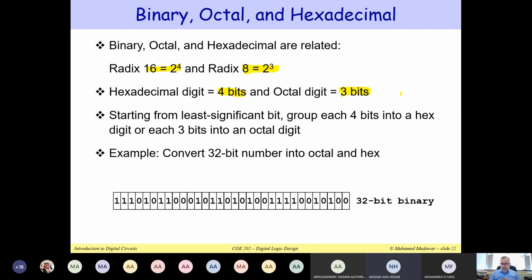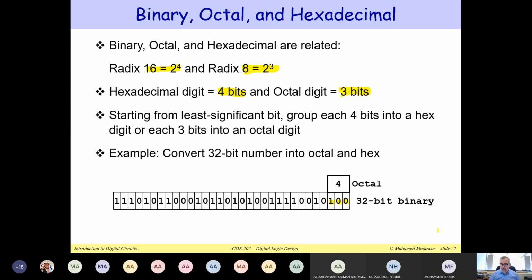Yes, what you are saying is correct. We have to group the bits, but we start from the right, from the least significant bit. So I'm going to look at this 100. This is a group of 3 bits. So what is 100 in octal? It is 4. In decimal it's also 4, and in octal it will be 4. Therefore, we take a group of 3 bits, starting from the least significant bit. So we start from the right. It's very important to start from the right, not from the left, because if you do it from the left, it will be totally wrong. So 100 will be 4.